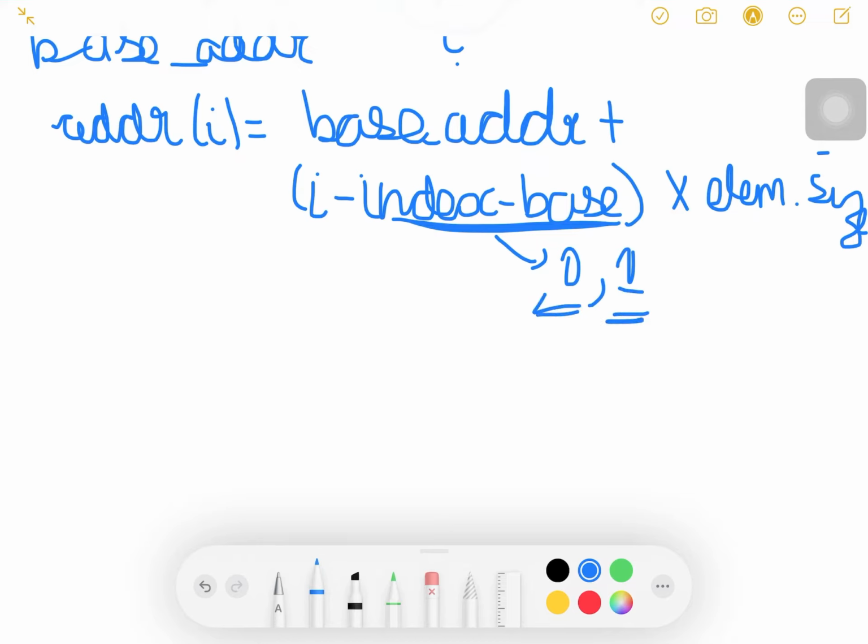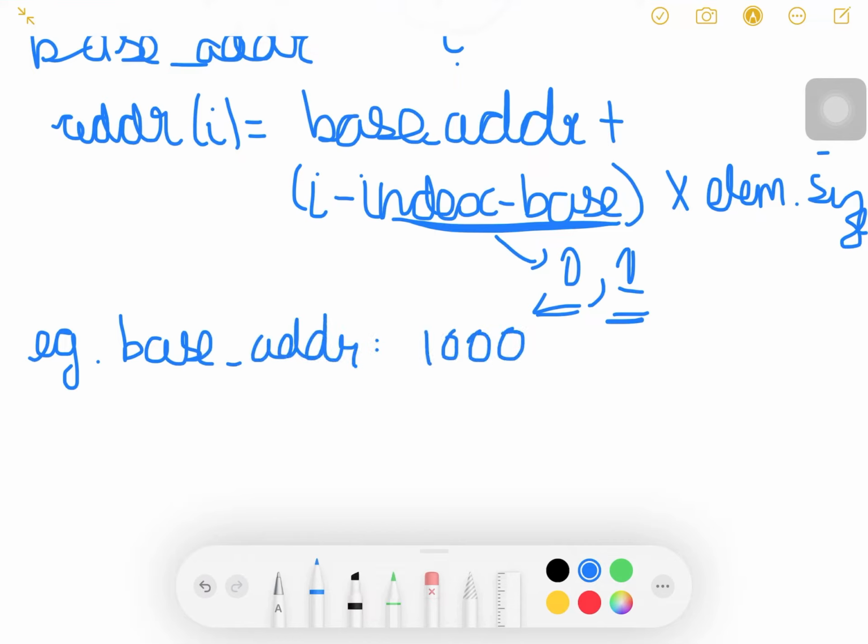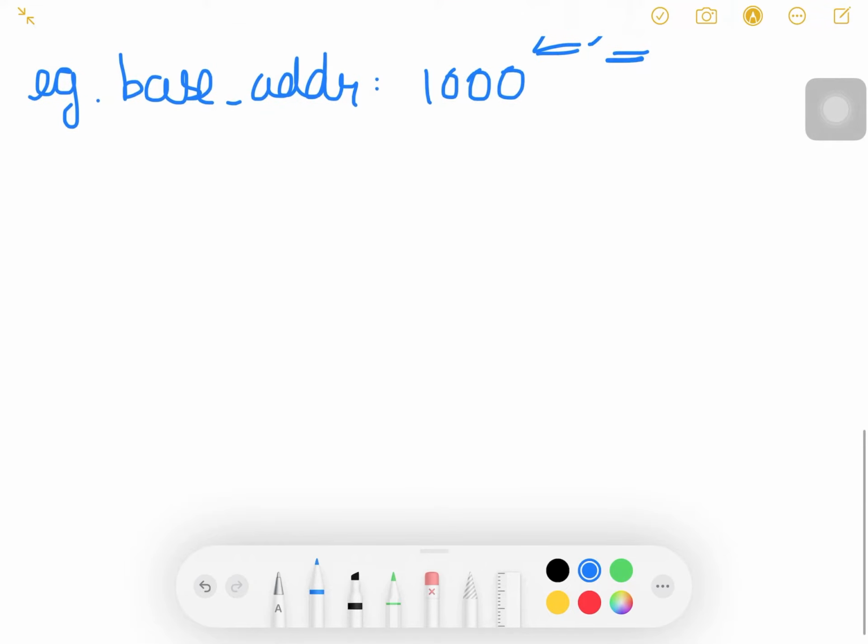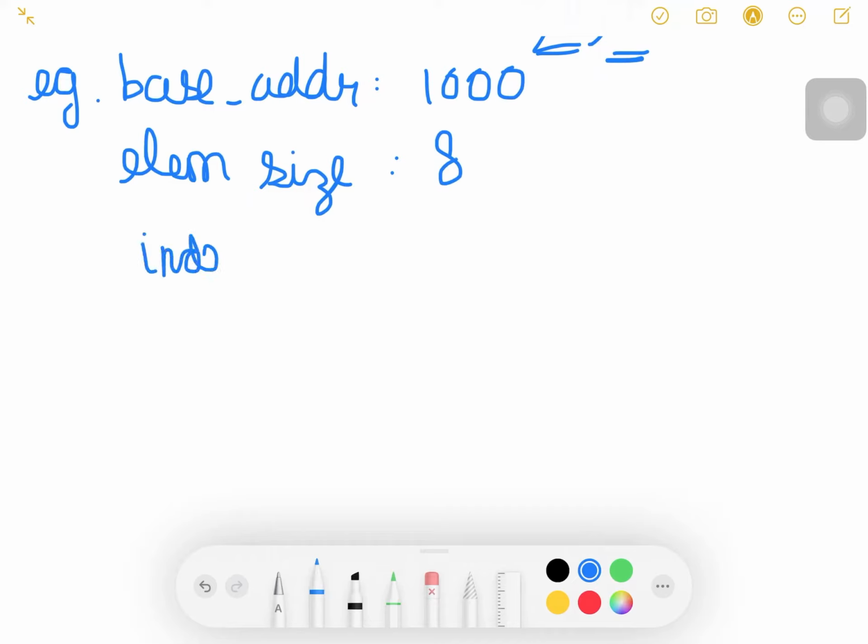Let me demonstrate this to you through a very simple example. Say base address of the array is equal to 1000. Base address means the address of the first element or block of the array, and say the element size is 8. Say we want to find the address of the element at index 6 and the array is 0 based, which is the first index is 0.